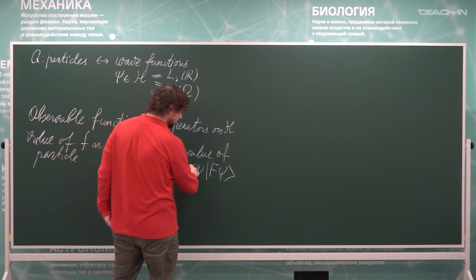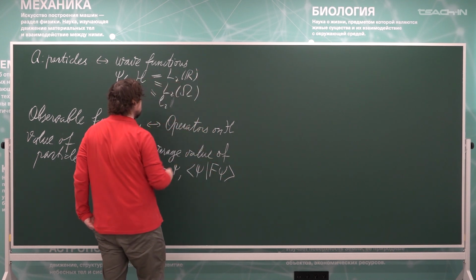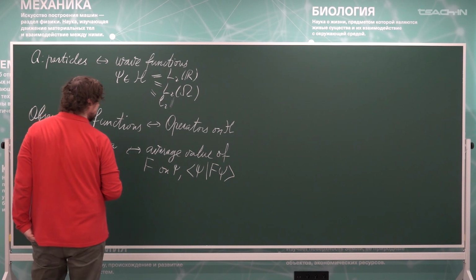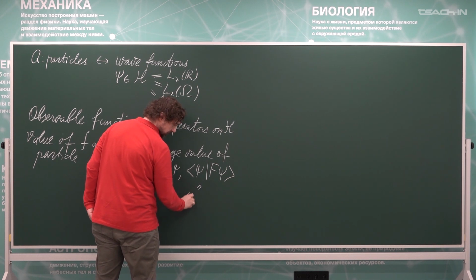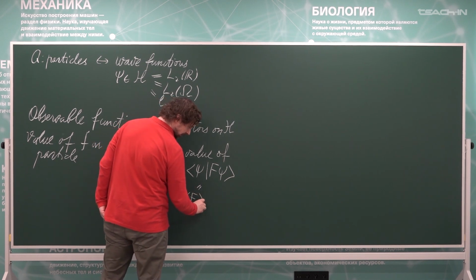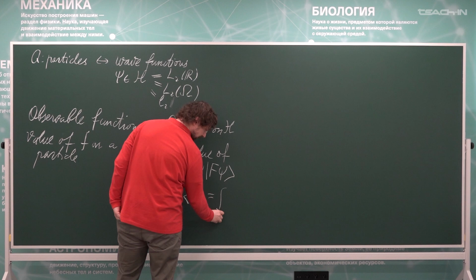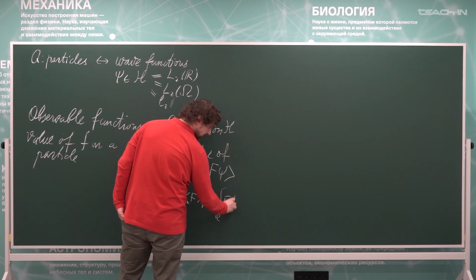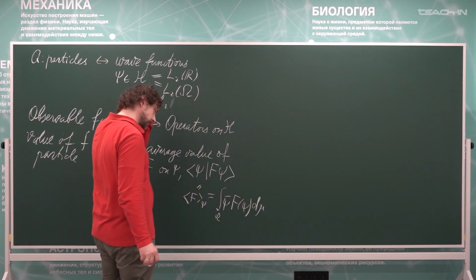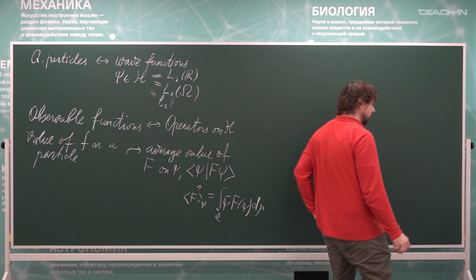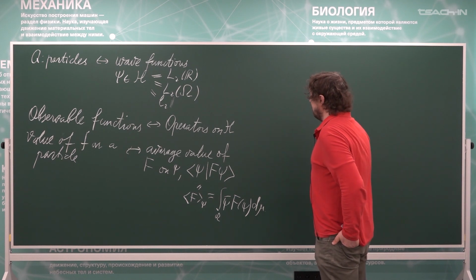So I take the vector psi and take its scalar product with f of psi. So if we work in this model where we consider square integrable functions, this is denoted by f in angular brackets with subscript psi, and it will be equal to the integral over omega of psi bar f psi d. I forgot the bar last time, I think. Okay. So we go on,